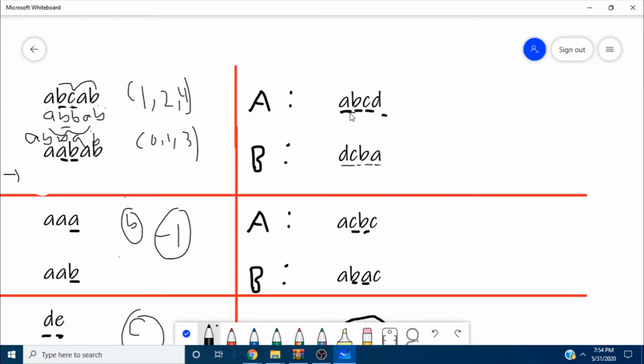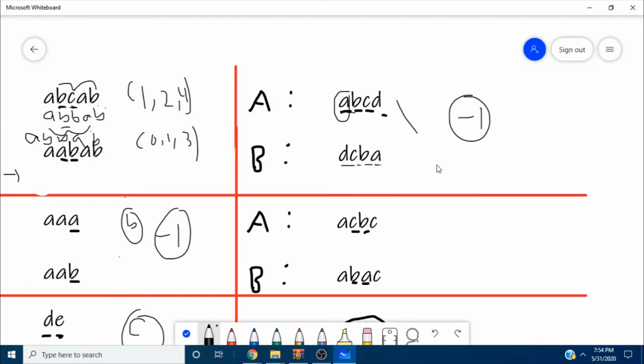Here we cannot choose such a subsegment, because if we choose any subsegment, A itself is the minimum character. So we need to print -1.